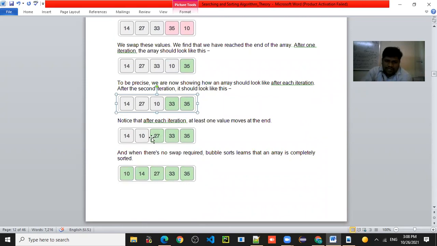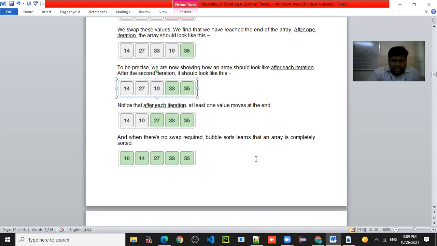प्रत्येक इटरेशनच्या वेळी एक व्हॅल्यू तुम्हाला काय होणार आहे? इथं ऍड होत जाणार आहे, ग्रेटर व्हॅल्यू. मग पहिल्या इटरेशन मध्ये 35 आली, दुसऱ्या इटरेशन मध्ये 33 ग्रेटेस्ट व्हॅल्यू आली, तिसऱ्या इटरेशन मध्ये 27, परत चौथ्या इटरेशन मध्ये 14 आणि लास्ट इटरेशन मध्ये 10. म्हणजे इथं किती इटरेशन लागले हो? म्हणजे मॅक्झिमम टाइम लागला का नाही?